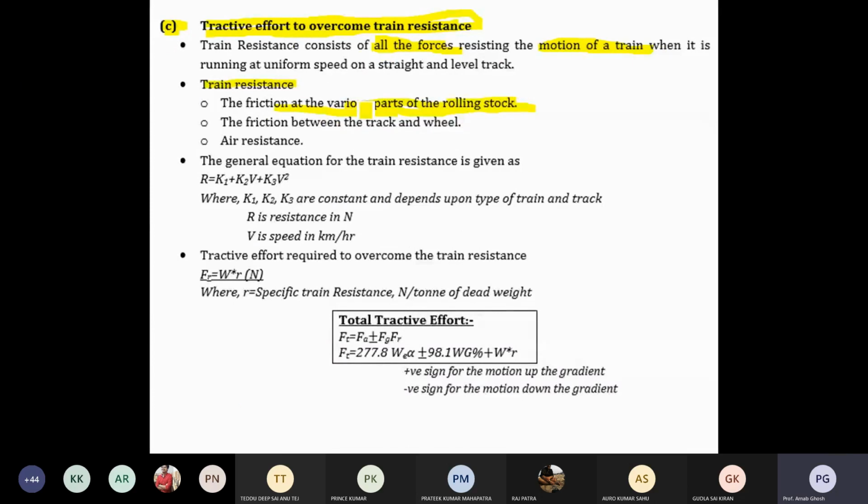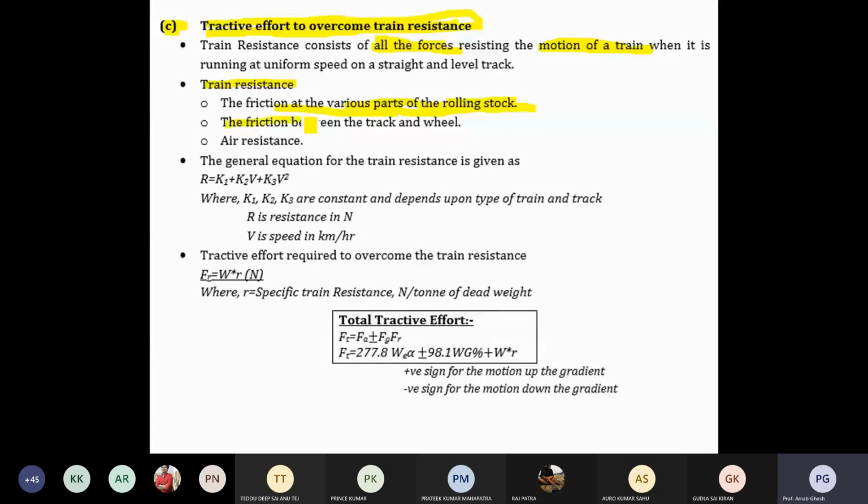If you are able to go to any railway workshop, you can see there the basement is built first. They connect the bogie later. First they prepare the wheel and motor setup, everything, then they connect the coach, that is the body, installed just above the wheelbase. Then there is the friction between the track and the wheel.